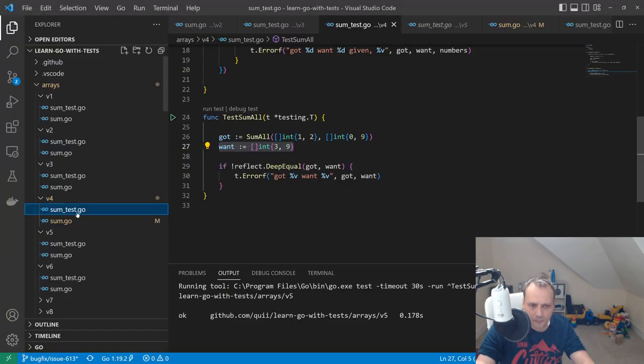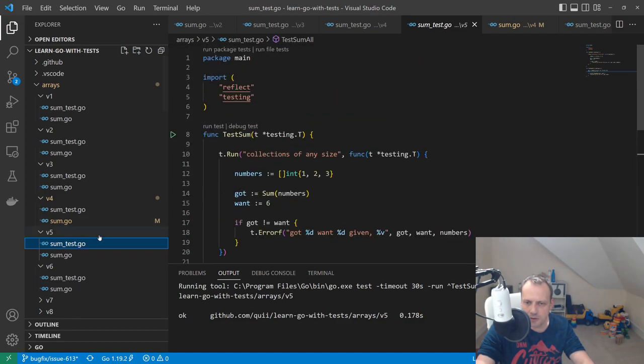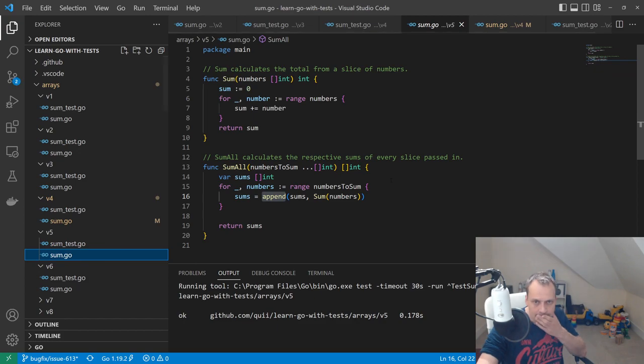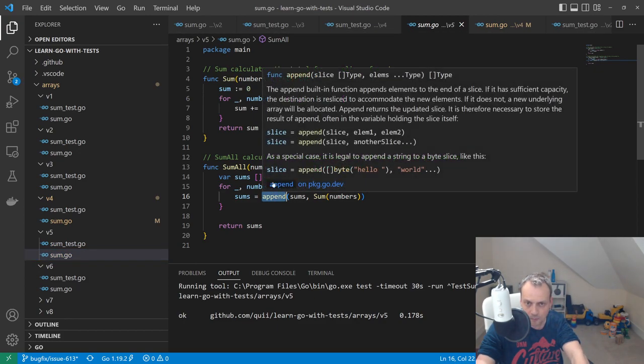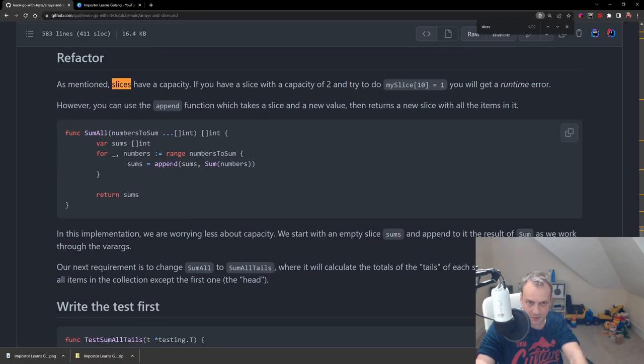So now, let's see what do we have here. So DPQ we know, this we know, that we know, nothing new. Here is the append, that's cool. This we already knew, so that's this one. So it takes a slice and a new value. So by slice they mean